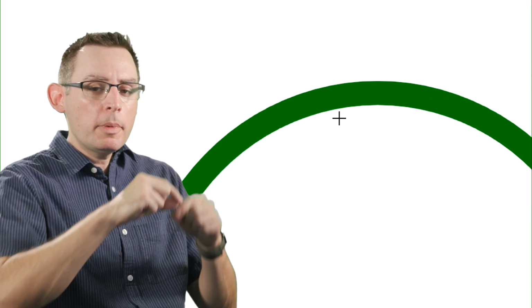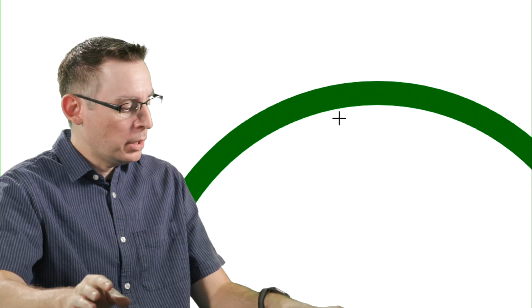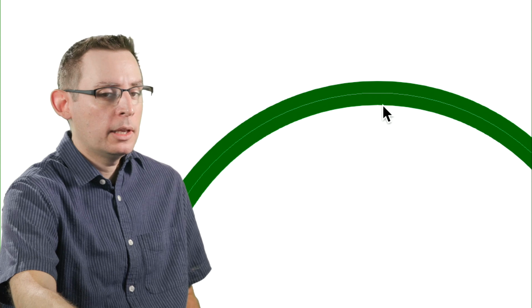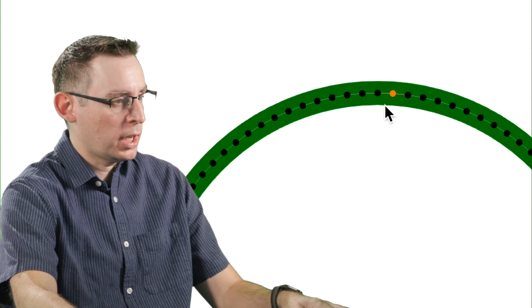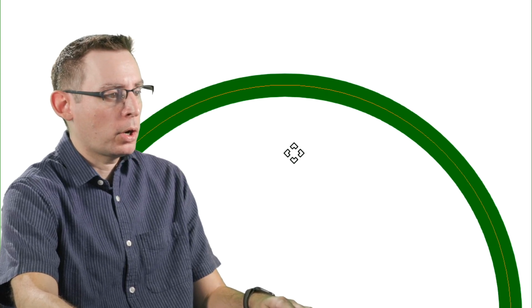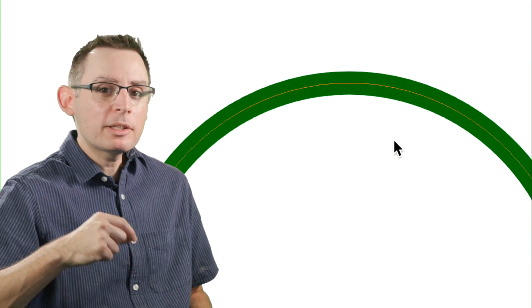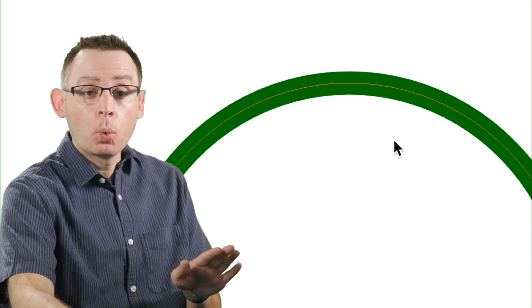Okay, so if we were to jump into edit mode, we're going to be able to see all the component pieces that are being used to create this circle. So Control Tab, underneath your cursor, let's just jump into edit mode real fast. In the default selection state, it's going to be the stroke or the curve selection state. So it's looking like this. Now at this level, it's pretty great. We can grab the curve, we can scale it, make it bigger or smaller with the S key. We get a lot of control. However, this is not the most detailed, granular approach that we can have when working with our curves.